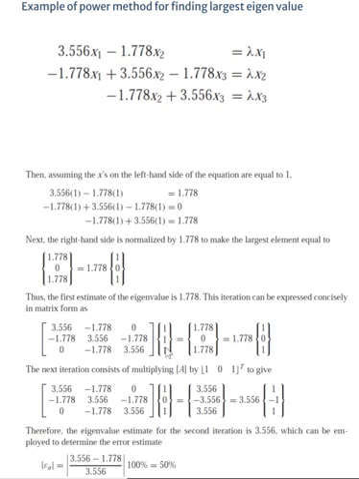As it is an iterative method, we have chosen 1 1 1 as an initial guess, and with this initial guess we have written this coefficient matrix. We multiply this initial guess with the coefficient matrix, and hence we generate this eigenvector. Since 1.778 is the scaling factor of this vector, I have taken it out, and it acts as the eigenvalue, while 1 0 1 acts as its corresponding eigenvector.